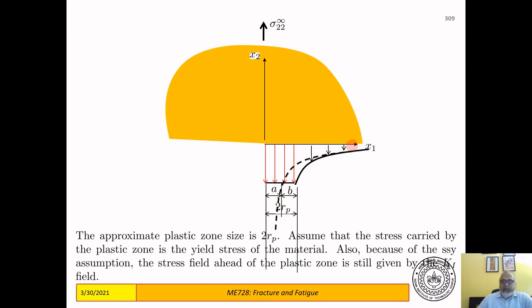So now we have already made the point that somewhere along this you must have yield. Somewhere yielding must occur, and let that somewhere be here. So this is the maximum stress sigma 2 that the material can sustain. Let us call that sigma y. So the stress cannot go beyond sigma y for this particular material. Okay, so the stress will be cut off at sigma y,